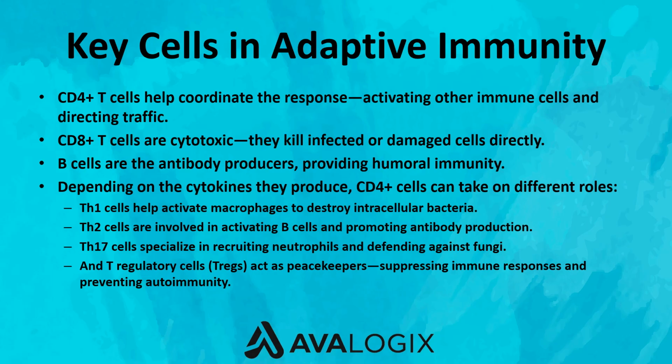Now, let's talk about B cells. These mature in the bone marrow. That's where the B comes from, and their main job is to produce antibodies. Each B cell carries a unique receptor on its surface that can bind to a specific antigen. When a B cell encounters its matching antigen and often receives help from a CD4+ T cell, it becomes activated and transforms into a plasma cell, which acts as an antibody factory. Some activated B cells also become memory B cells, ready to respond even faster the next time that same antigen